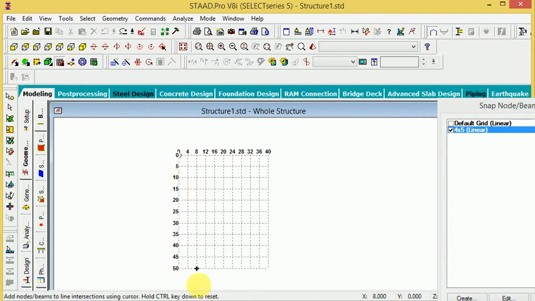When you go to start the point, first of all create this point and this point, and also make here and join this.